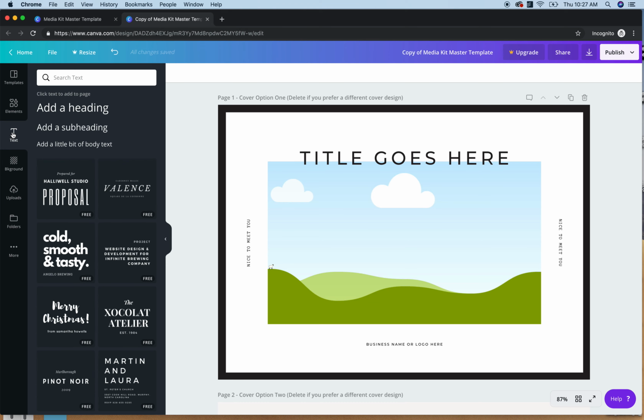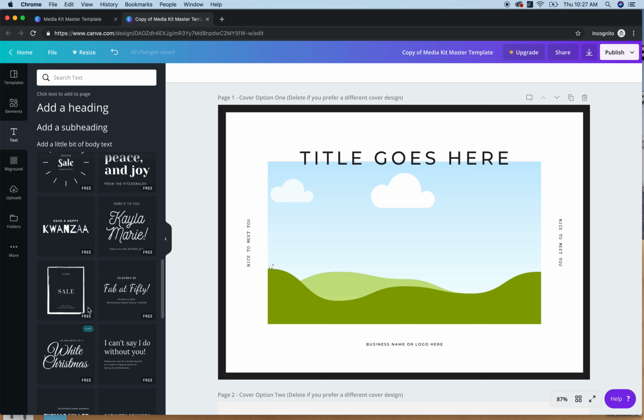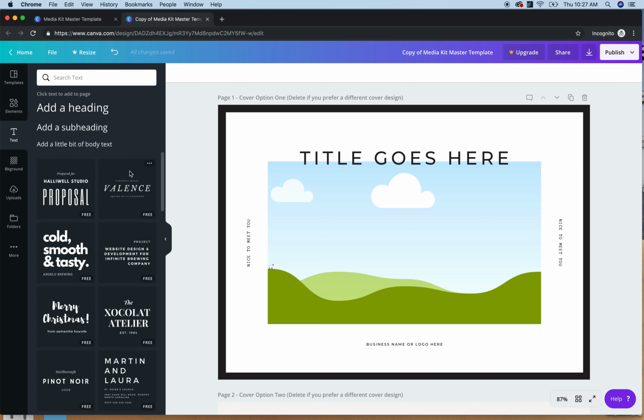Here is the text box. It gives you some pre-made text combinations. You don't really need to use these for this template, but if you decide to play around with it or want to use it in the future, you can do that. Here I have my brand's text. With Canva,